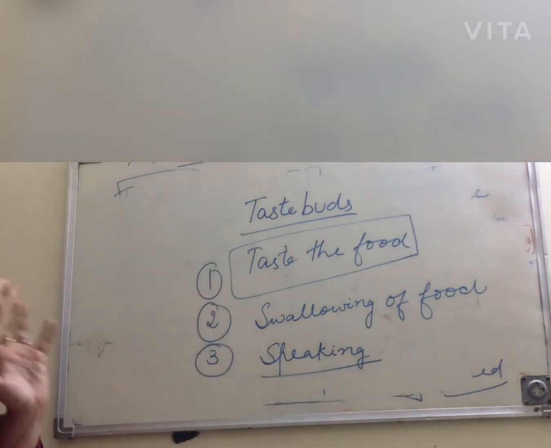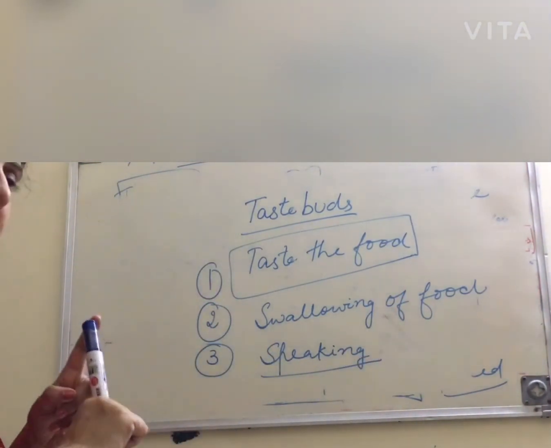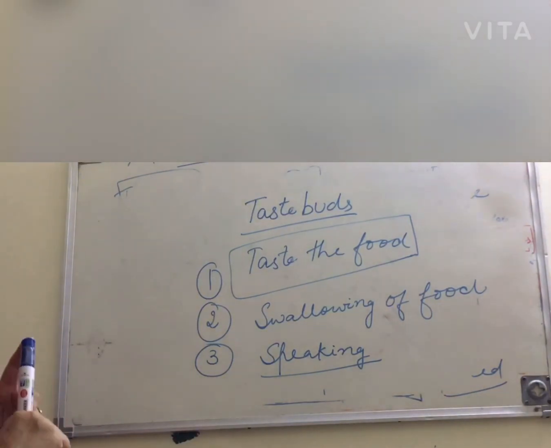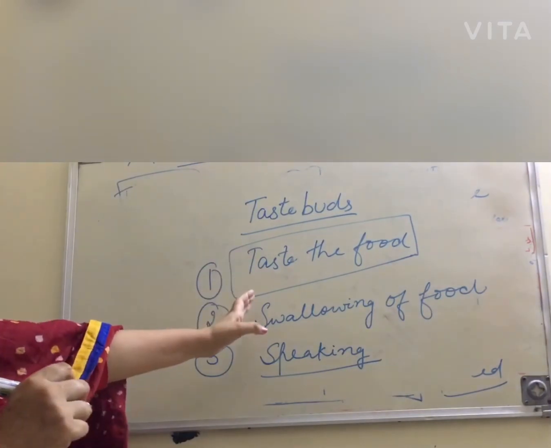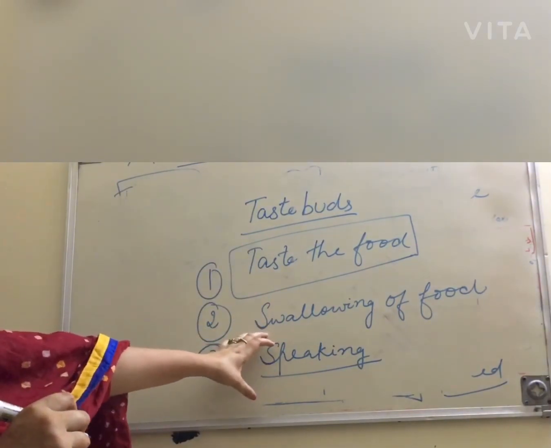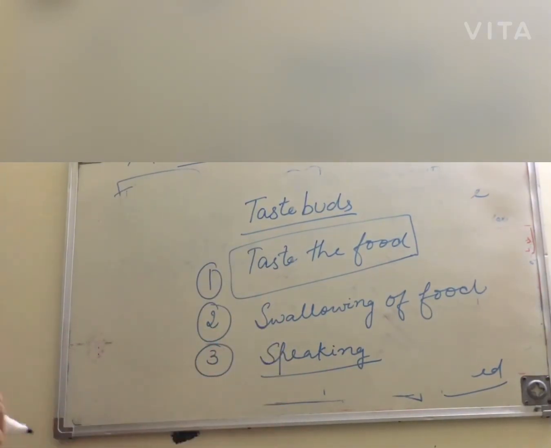So in the mouth and buccal cavity, teeth are present which help in chewing and grinding of food. Then the tongue, which has taste buds, helps to taste the food, in swallowing of food, and it also helps in speaking. So these are two main parts present in the mouth and